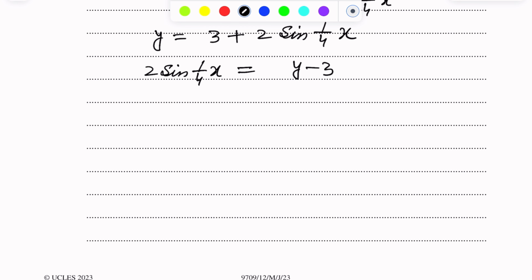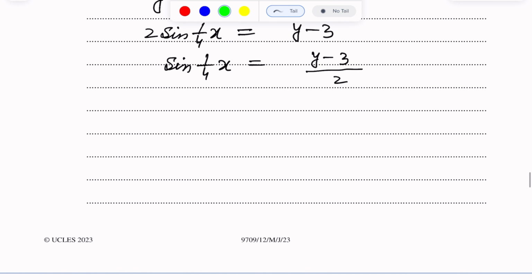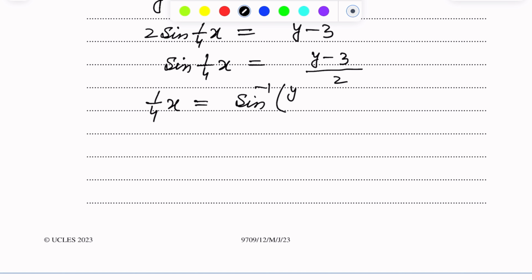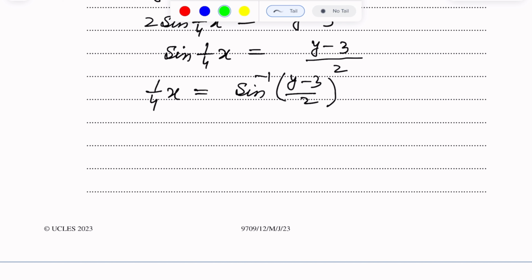Now dividing each side by 2 to remove this 2, so sine (1/4)x is equal to (y minus 3)/2. Now (1/4)x is equal to sine inverse of (y minus 3)/2. Multiplying each side by 4 to remove this 4 that is in the denominator,